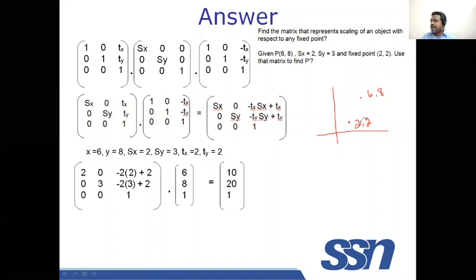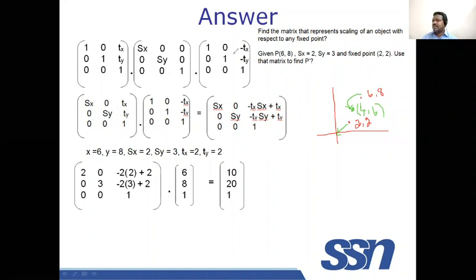If I make this point coincide with the origin, this point will be shifted. In this case, the new point will be this one. I have to subtract 2 here. This will be somewhere at 4, 6. 4, 6 will be the new location. What does it mean? I am shifting the point. This 2, 2 is shifted to origin. Because of that, this 6, 8 is moving to this place. Understand?